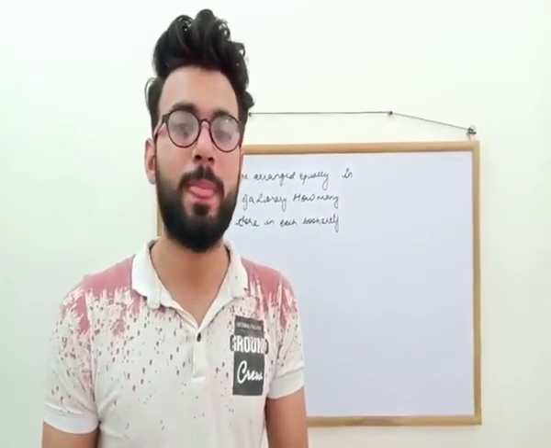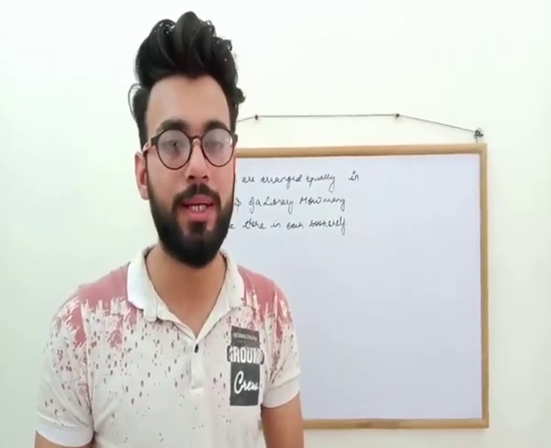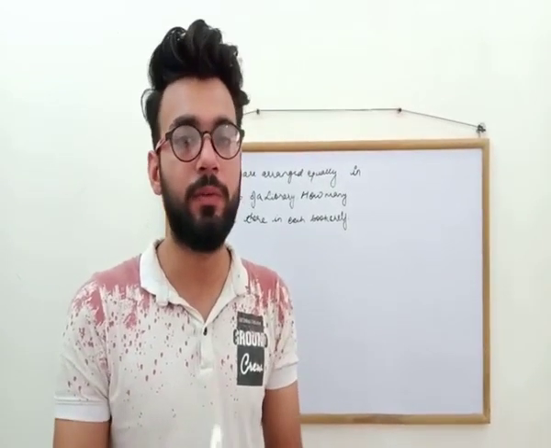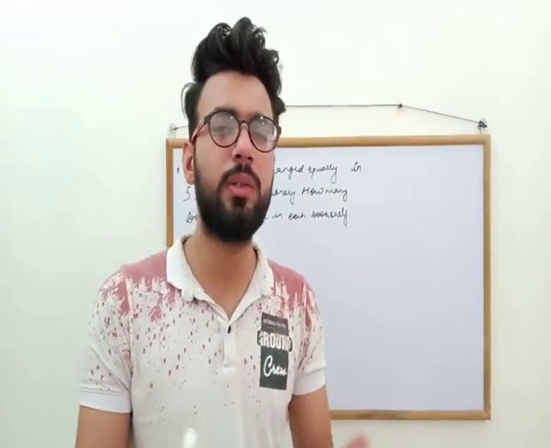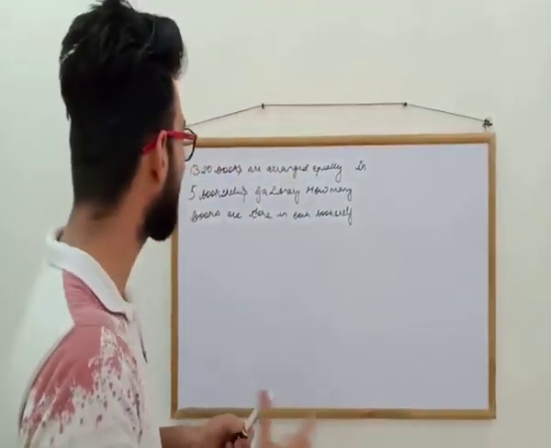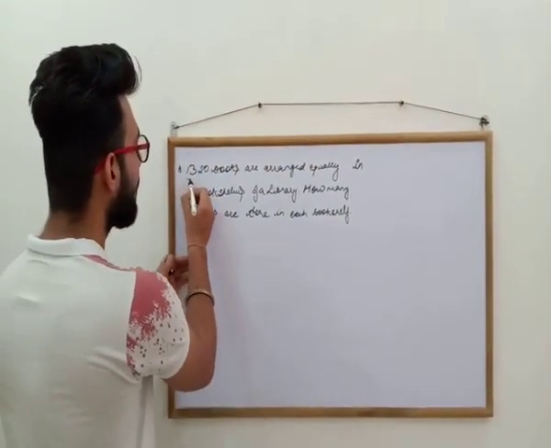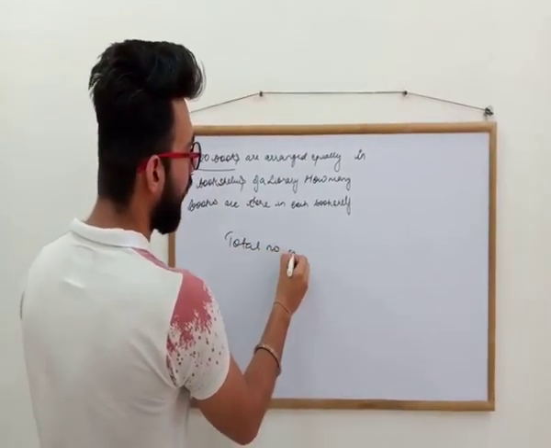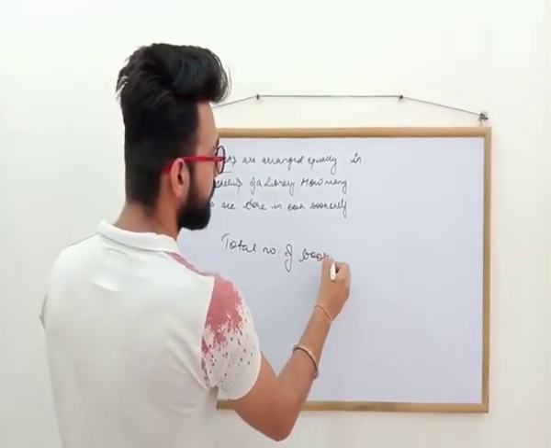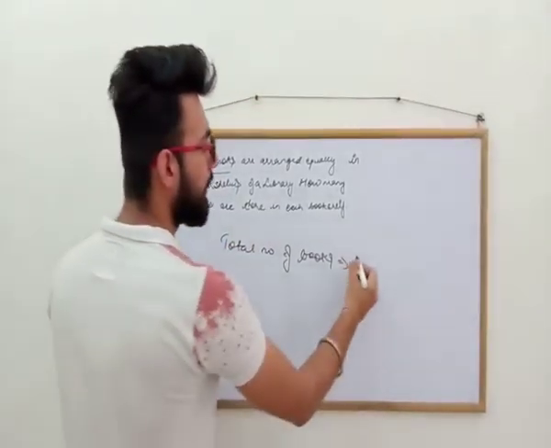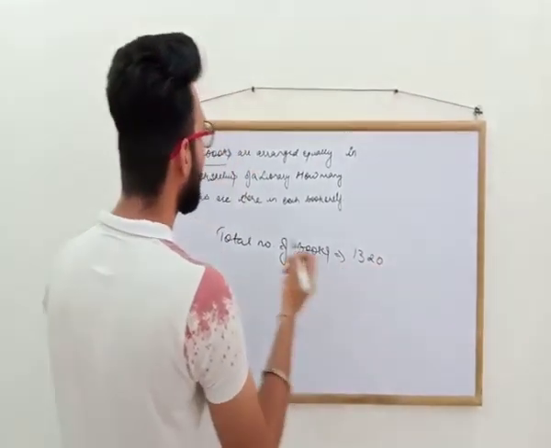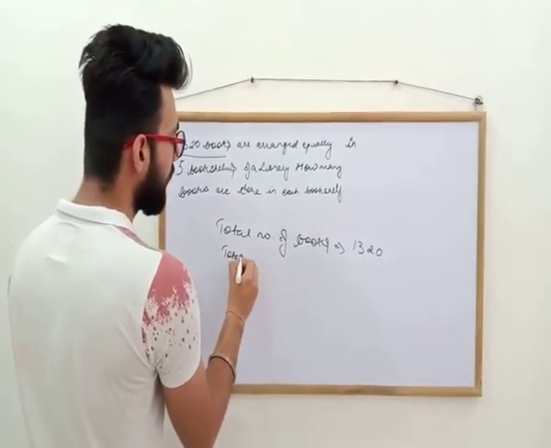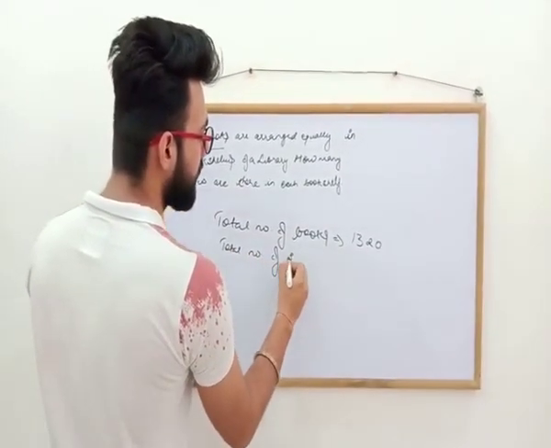In the topic word problems, the first thing we need to keep in mind is that we need to answer the questions with the help of statements, right? So first you need to frame statements in correct English. We don't need to use hi-fi English, we'll use a few basic words. Like we can see there are 1320 books, so we'll write total number of books, that is 1320. Cool. Equally in 5 bookshelves. Total number of shelves.